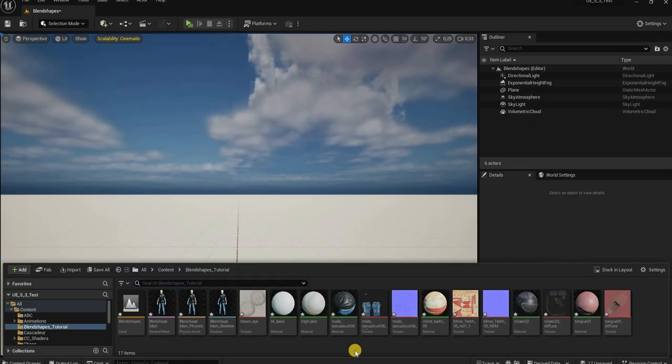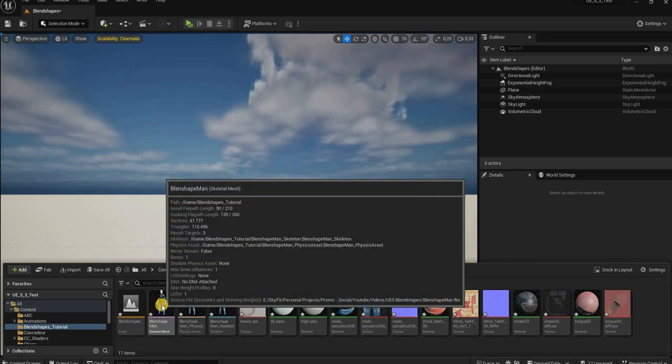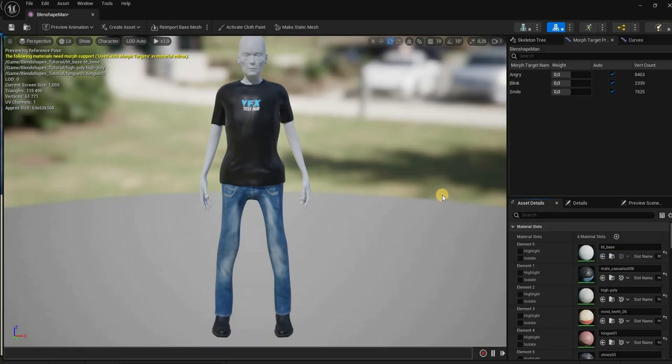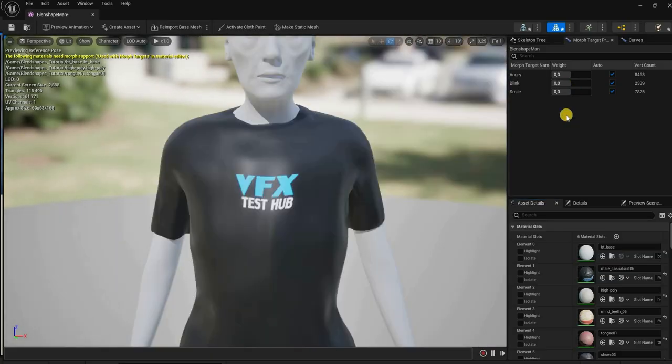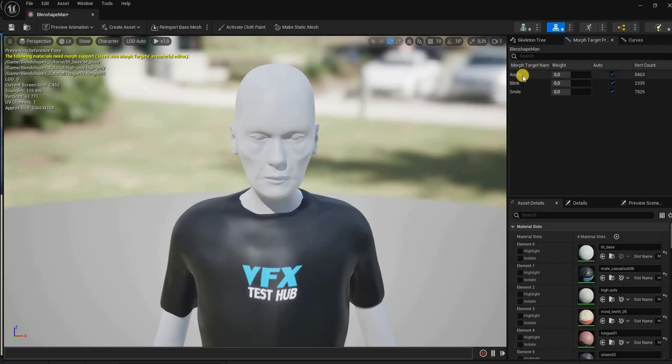So let's check that our model has everything we need. We're going to check our skeletal mesh, double click on it, and if you check your skeletal mesh to the right, you'll see that there's a morph target list, right? So we have the angry expression. If we move this slider, we'll see that it has the angry expression, the blink, right? And the smile, right? Okay, so that seems good,